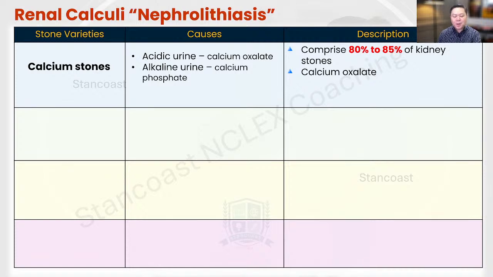Now, talking about the shape of the stones here, they are known to be bipyramidal, or they're seen as biconcave oval. And when you're looking into the radiology study here, especially a regular abdominal x-ray, they are visible. Okay, please take note of that. Calcium stones are visible in the abdominal x-ray. Now, talking about the next type of stones,